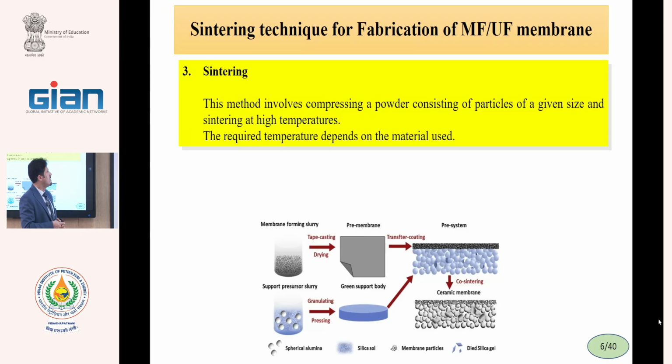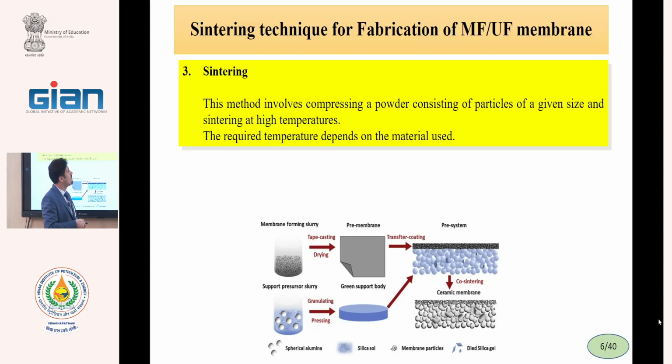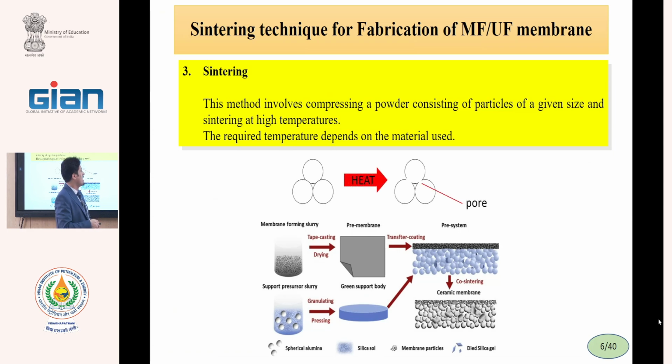The third method is sintering. Sintering is mostly used for ceramic materials. In sintering, we usually have a powder, and by pressing the powder, we prepare a disc, a thin disc,